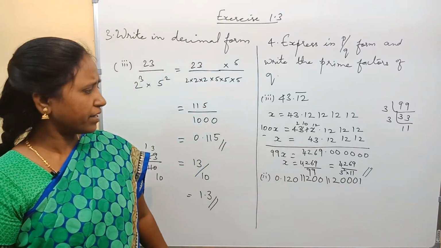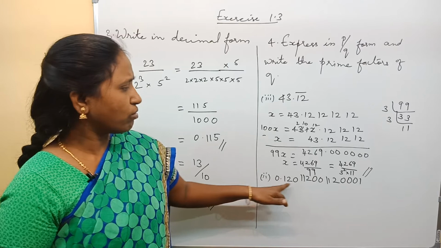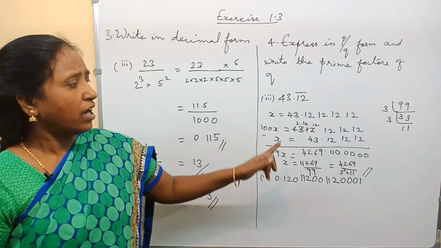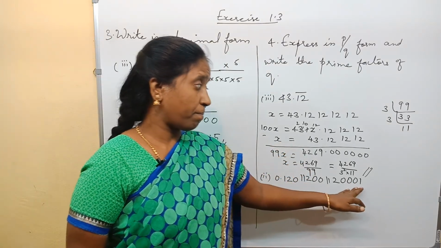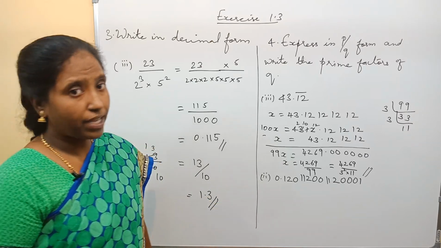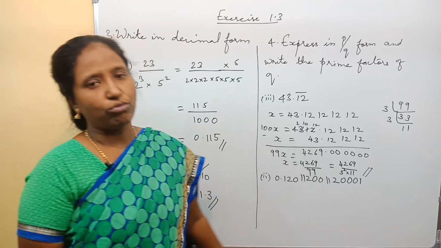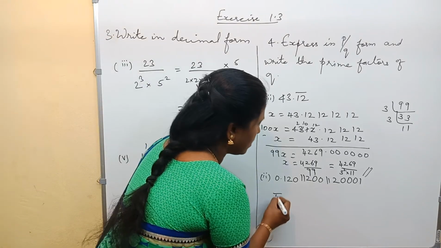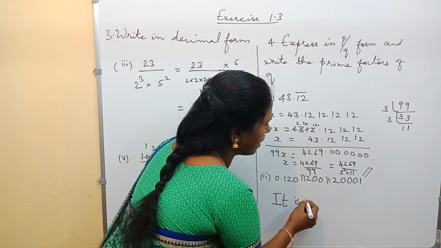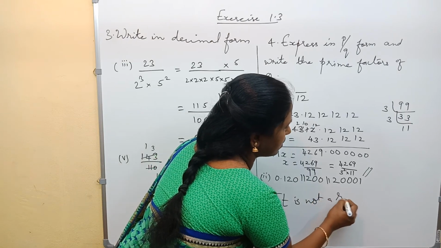There is neither a repetition and it just goes on. So this is a non-terminating but not a repeating decimal. Hence it cannot be expressed in the form of P by Q. So it is not a rational number. Why is it not a rational number? It is not a rational number